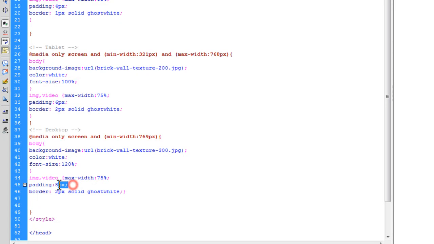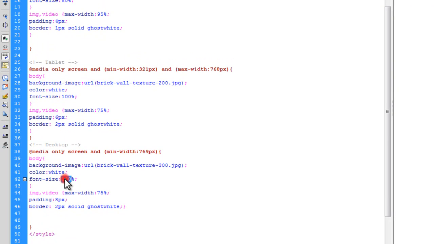The padding has been upped for the image to 8px, and notice we have used a 2px border for the tablets as well as the desktops, but for the mobiles we've actually used 1px only, right? So padding has been upped, font size has been upped,